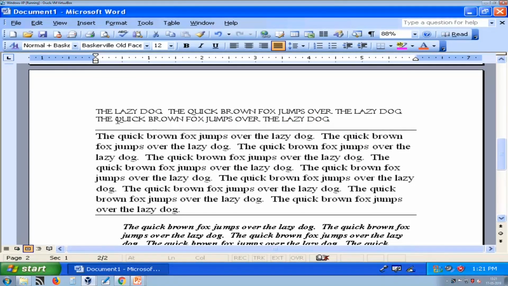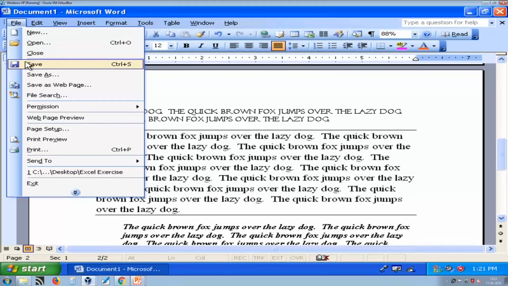So, I am just pressing that, but you have to frequently save your file in order to keep your work intact. So, I am just pressing save, and shortcut key you can see here Control plus S. It means you have to press Control and then you have to press S on your keyboard. So, here I am saving my document.